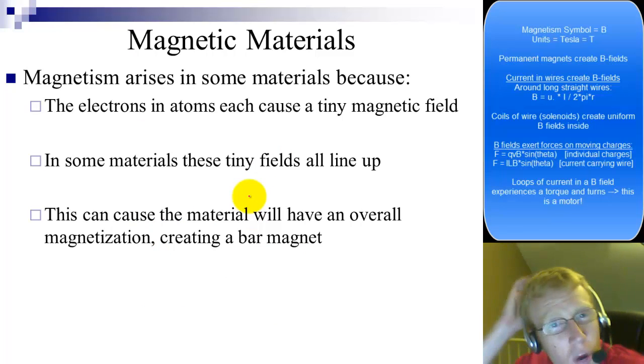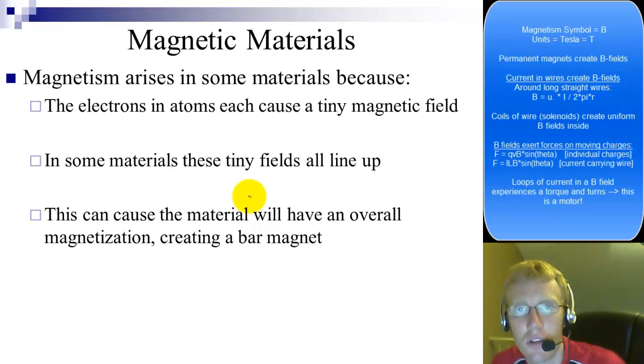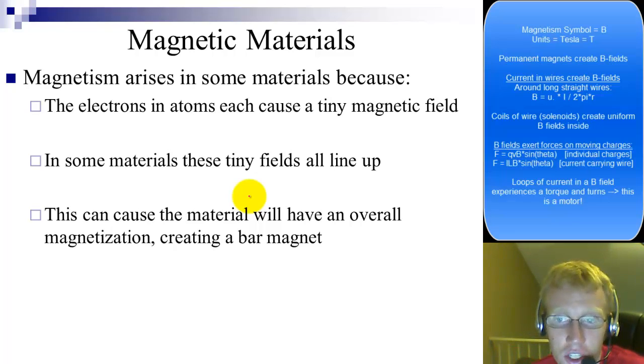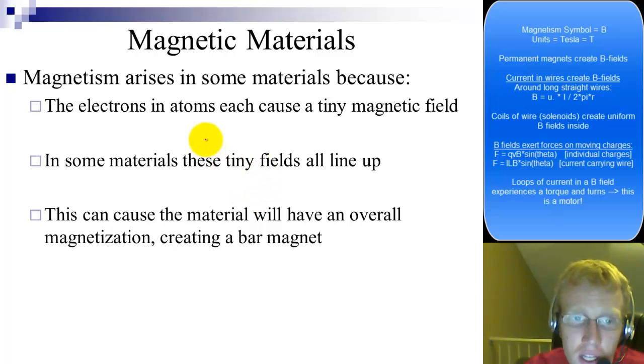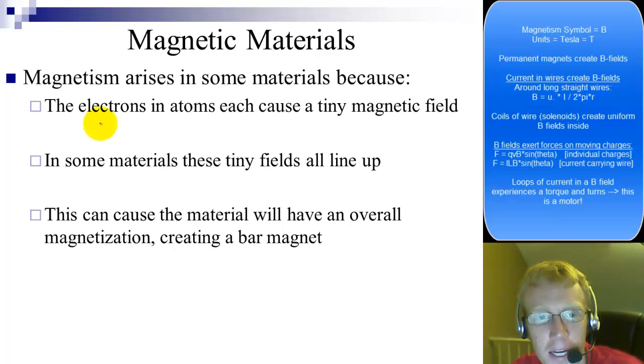Okay, so how is it that this happens? Some materials exhibit magnetic properties and other materials don't. So the actual theory behind why this happens has to do with the electrons in each atom and how they spin. Because the electron has spin, which is a property that you might have learned about in chemistry but maybe not, each electron causes a